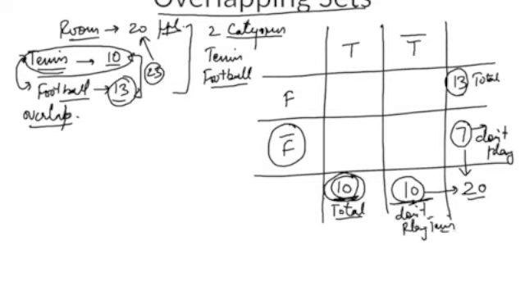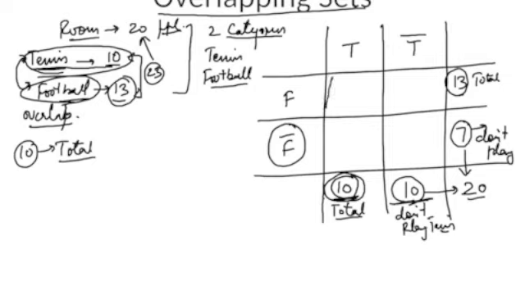If I say 10 people play football, that means a total of 10 people play football. That's how we need to interpret the language. So in overlapping sets, every single word has to be seen very carefully. That's a basic catch in all the questions. This word total might not be there. So once I say 10 people play tennis, a total of 10 people play tennis. No one else plays tennis. Similarly, 13 people play football means a total of 13 people are playing football and no one else is playing football.